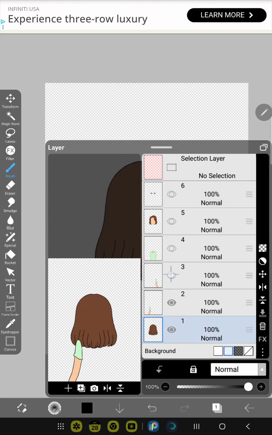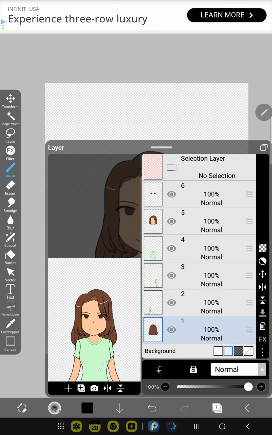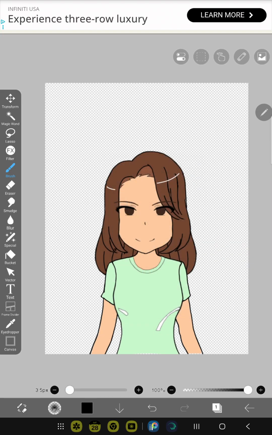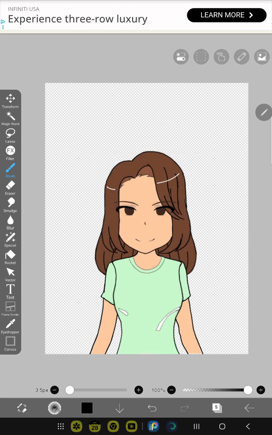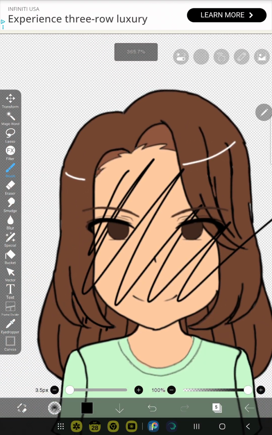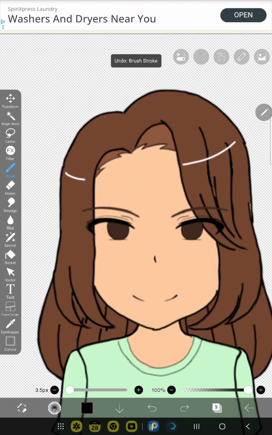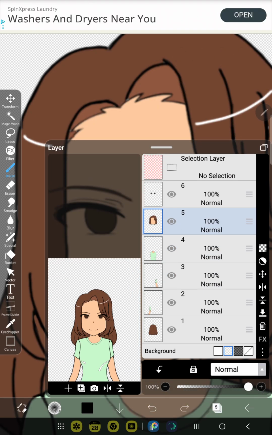This is the OC, right? And then here are the layers. If you need any explaining, then I can explain to you. So basically layers are there so you don't go over anything behind a layer. As you can see, I'm currently on this head layer,